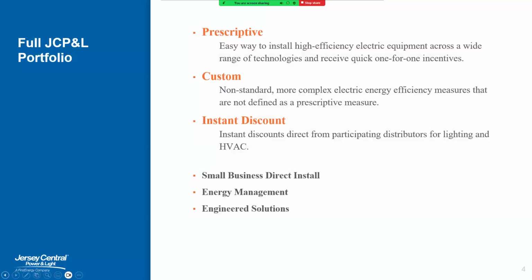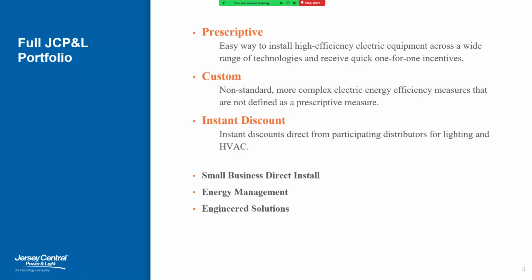Okay. So the full portfolio of JCP&L's Energy Solutions for Business program includes the prescriptive program, the custom program, and the instant discount program, which are all administered by TRC. And there's also the Small Business Direct Install program, Energy Management, and Engineered Solutions program, which is administered by our counterparts at Willdan.